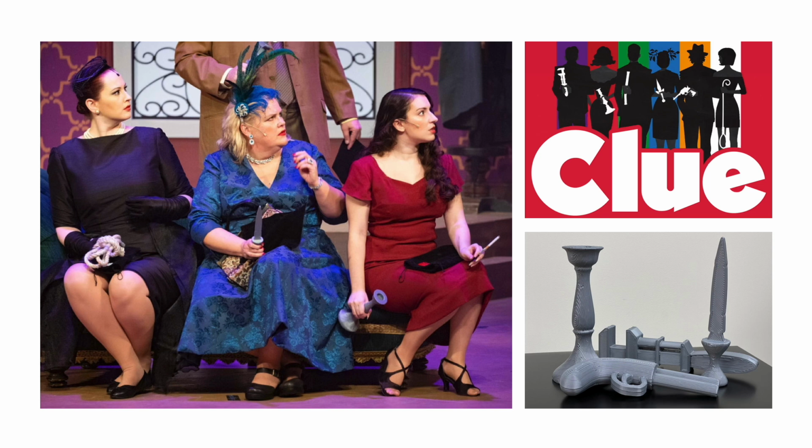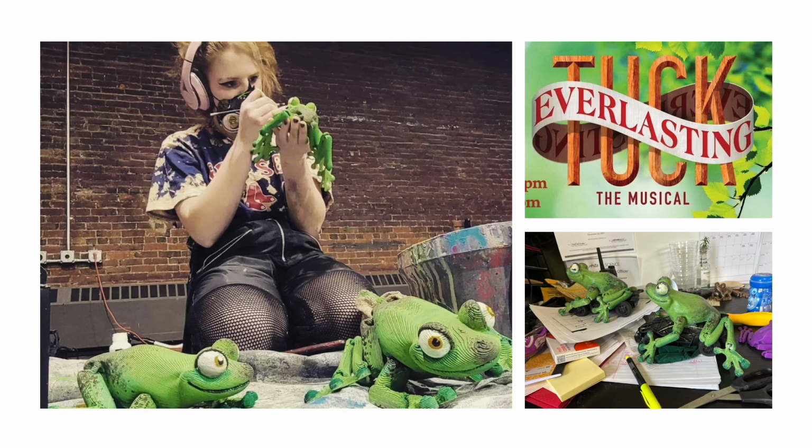Other uses of 3D printing in the arts include the creation of stage props for Waterville Opera House productions, such as these life-size pieces from the play Clue. For the musical Tuck Everlasting, several large articulated frogs were printed, painted, and attached to remote control cars which were